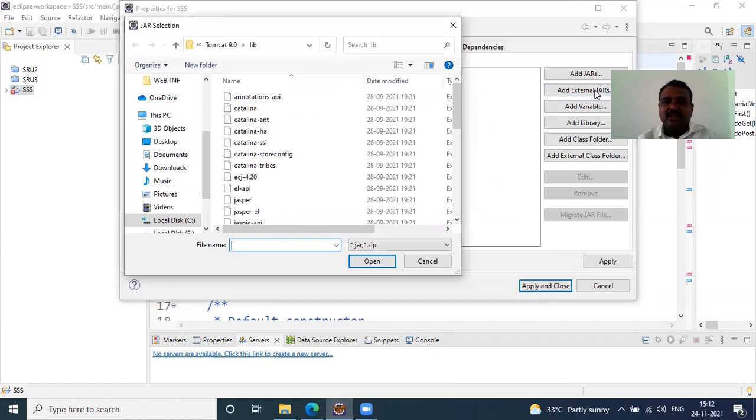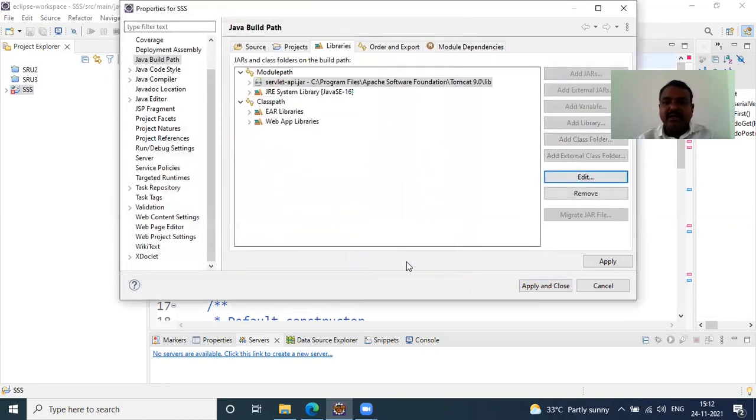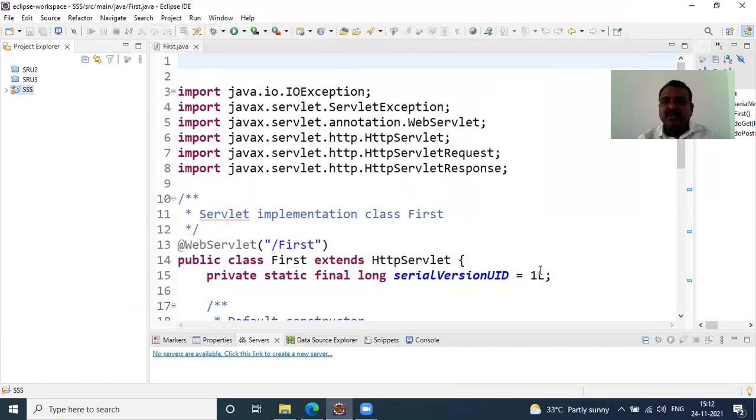We are going to set the class path to the servlet-api.jar file. It is there. Now I say Open, then Apply, and then Apply and Close. With these operations, your Tomcat class path has been set for the project. And if that environment variable is set, we don't have any errors in the servlet program.